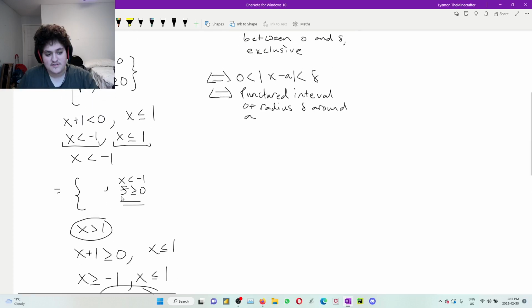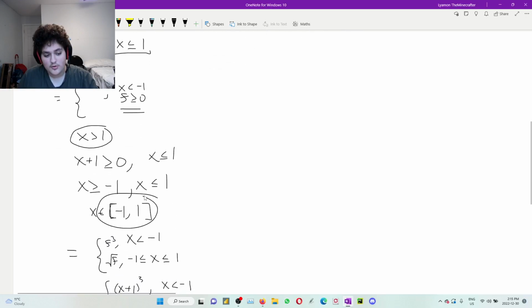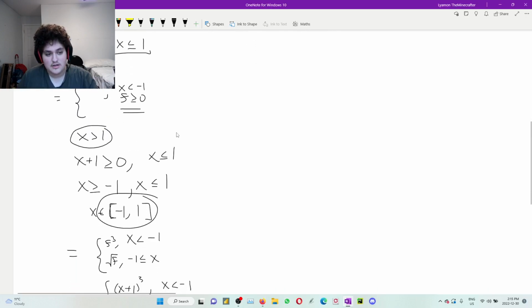Right, we want to see when is f greater than or equal to 0. It's greater than or equal to 0 when x is greater than 1, or when x is in this range of -1 to 1 inclusive. So we can just change this. We don't need this, right? Because the union of these sets is what we need to see when f is greater than or equal to 0, which is just going to be,